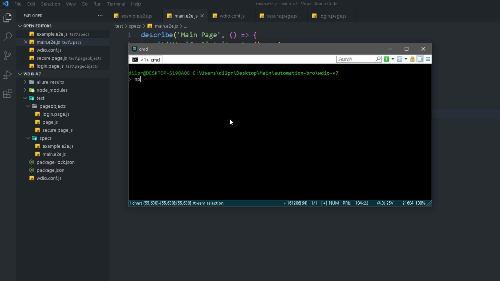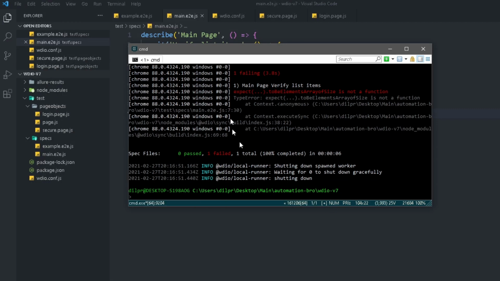To run this test, if I do npx wdio, it will try to run everything under the specs folder. But this is not what I want. I just want it to run the main test, right? So I can pass in the --spec flag, and here I can say only run the main test. I can point it to that particular test file by doing --spec and then pointing it to my main.e2e.js.